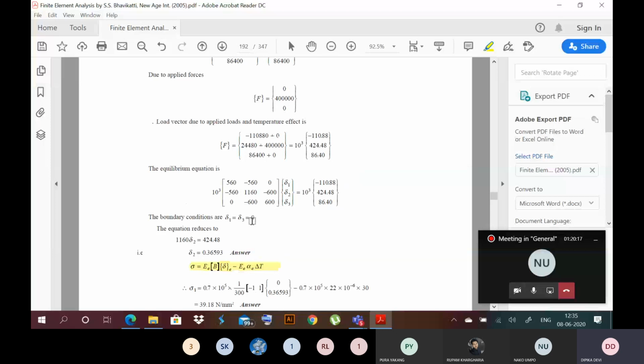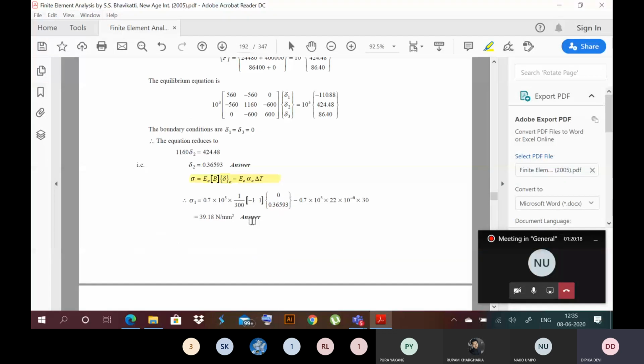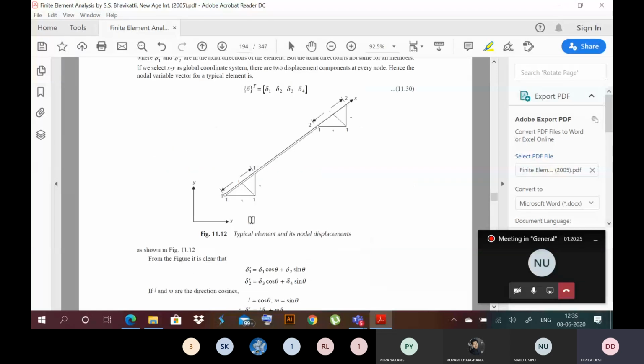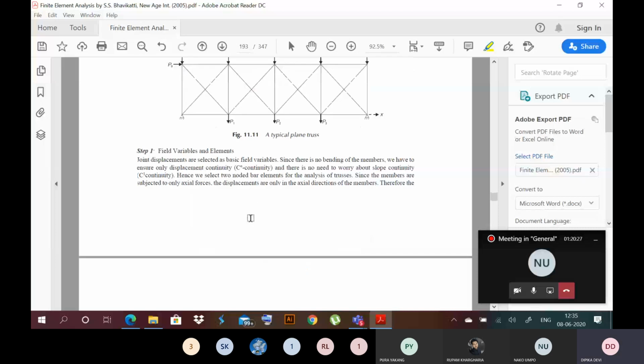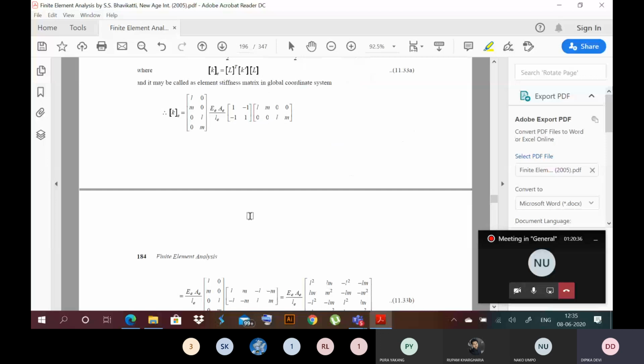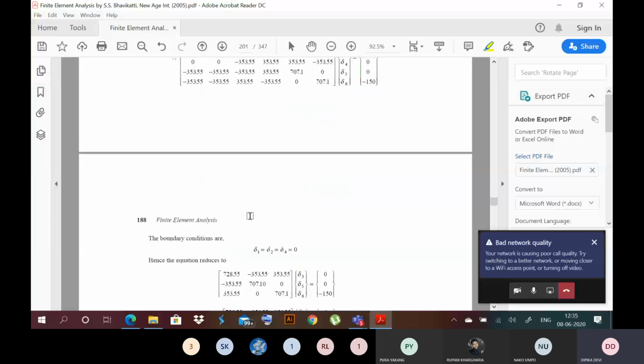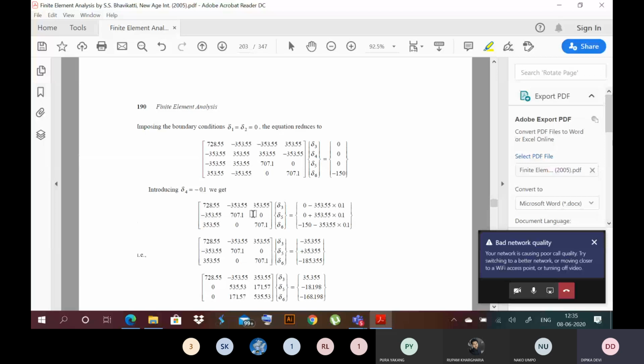Two-dimensional we will not discuss. Then we will go to truss. Truss we have already discussed. There is nothing new in the truss, because in a truss the load will always be a nodal load. There is no load along the length of the truss. So there is no point in discussing again. Truss is modeled as a bar element, so for the bar we already know the element stiffness equation. Therefore, we will not discuss again.